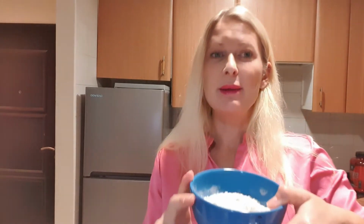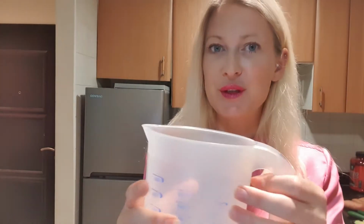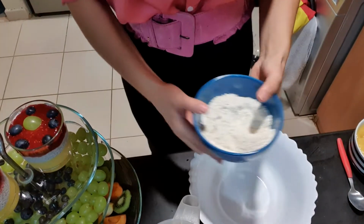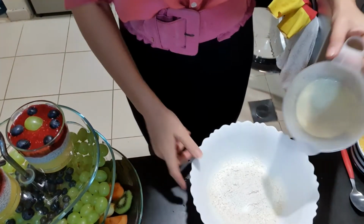Pancakes. Everybody loves pancakes. So it's very easy. Put 100 grams of flour, 1 package of baking powder, a little bit of salt and sugar. I just put like 1 spoon of sugar, mix it. Then you need 100 milliliters of soya milk, and then just mix it as always. All the ingredients in. The soya milk,